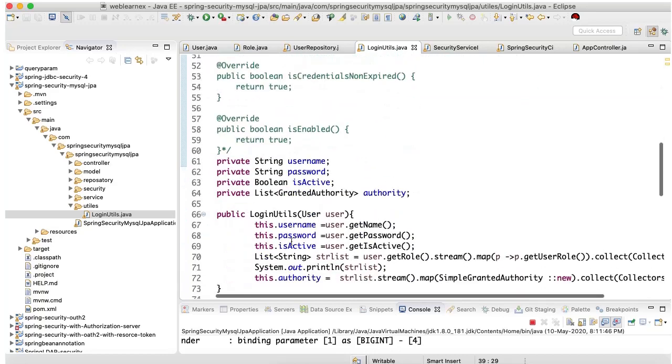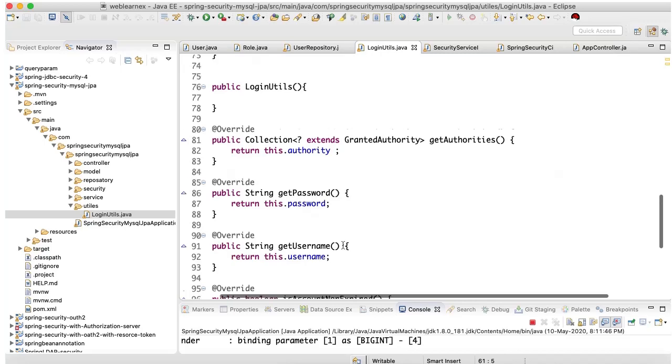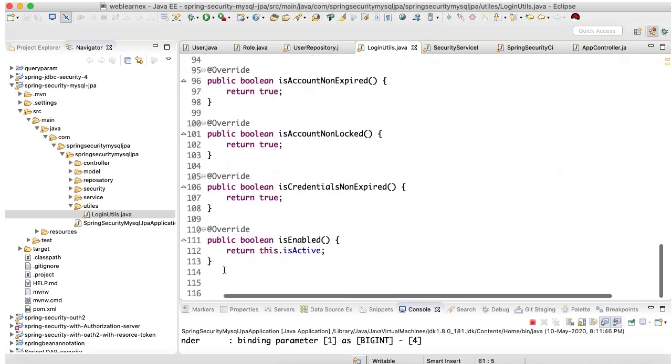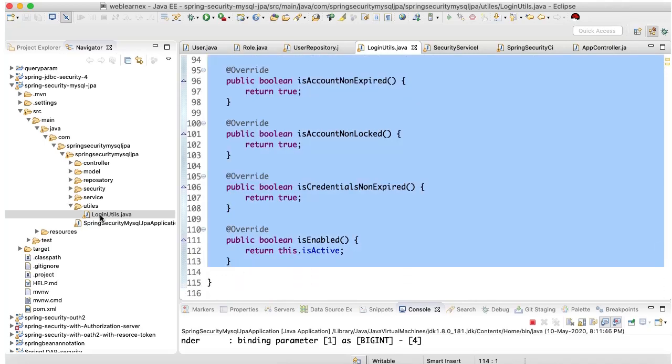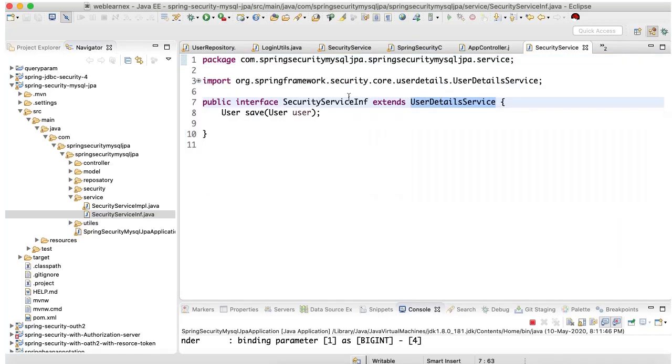And the second way, get the data from the database. So this is in login utils and service. I have created one service interface. In the service interface, I have extended the user details service and created one save method.